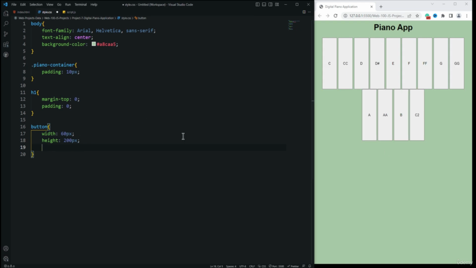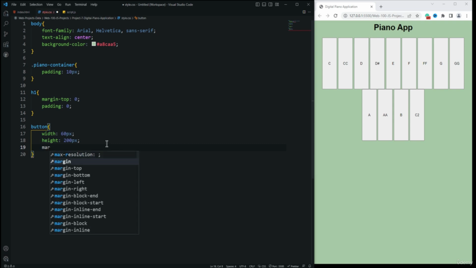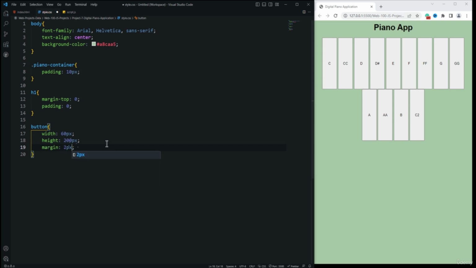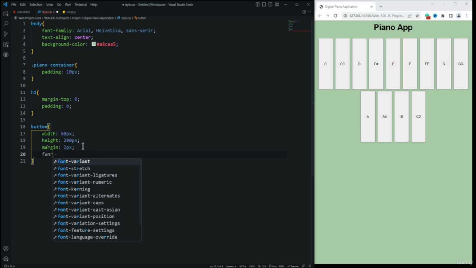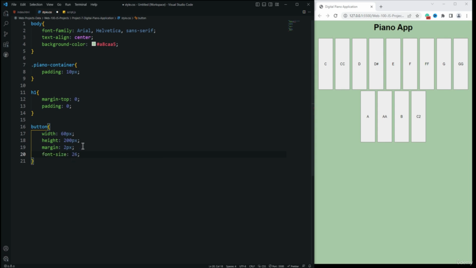And then we need to provide the margin property. So margin from all sides is going to be 2 pixel. Then you can see the margin of the buttons has increased. And then we need to provide the font size property. So the font size is going to be 16 pixel,